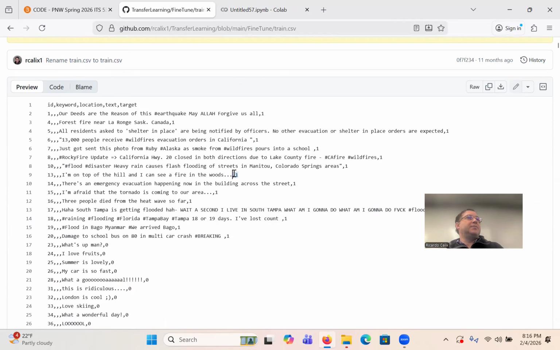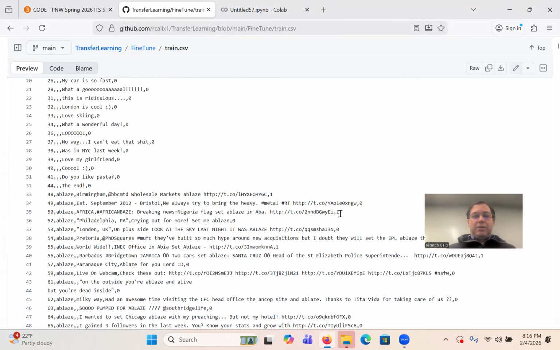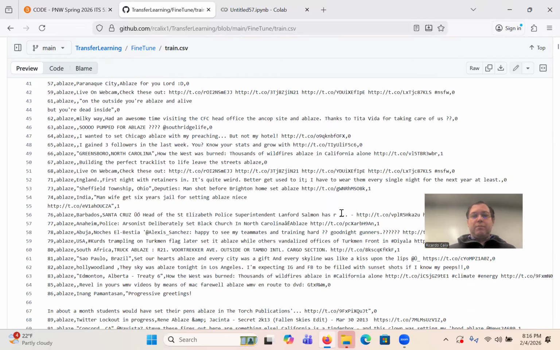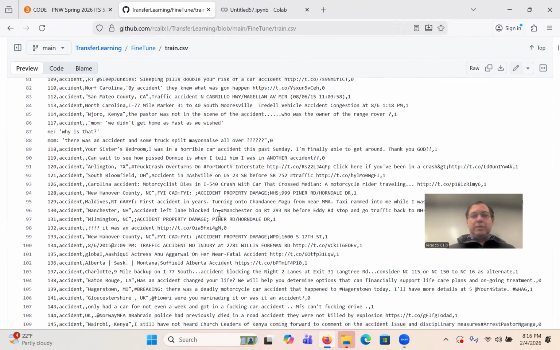That's it. This is how you would format your problem. Notice I have some sentences with a 0 for the class, others have a 1. Zeros, ones.